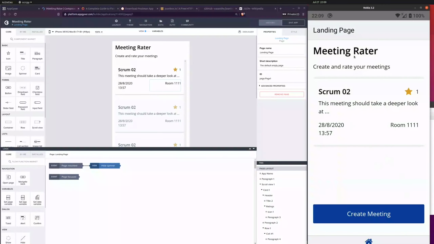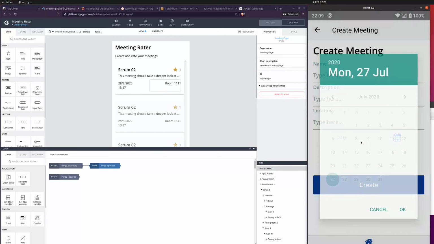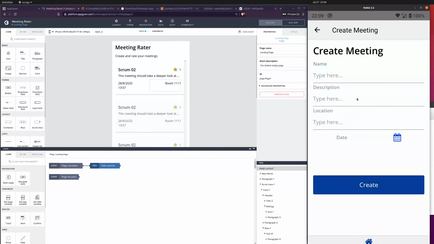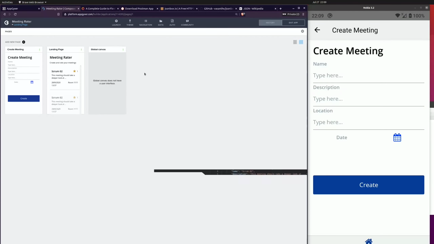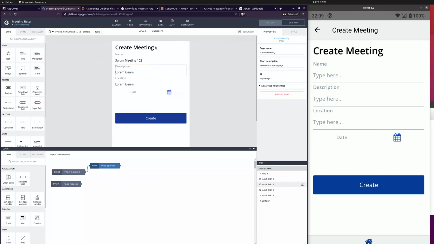Okay, let's go to the second page. Create meeting. Here we are. And we finish that. What we need to do is, once we change the page, we need to set up first